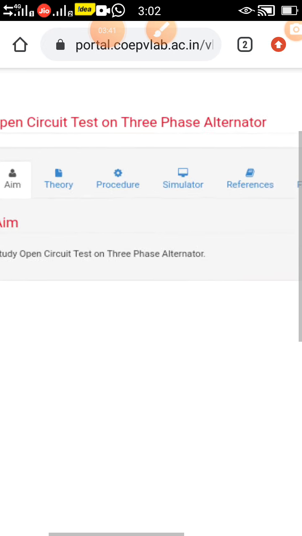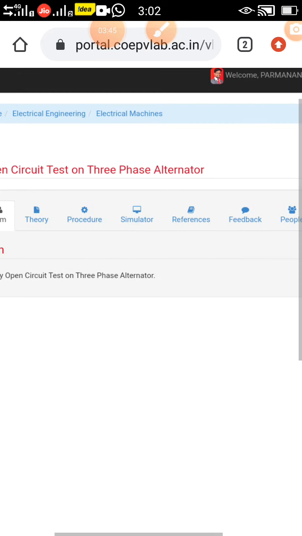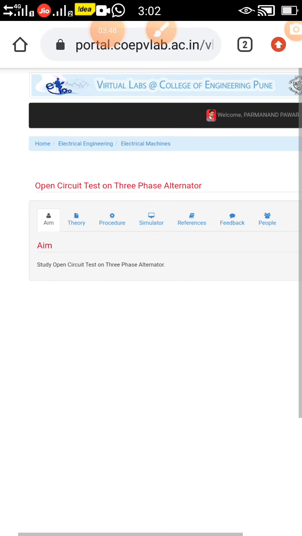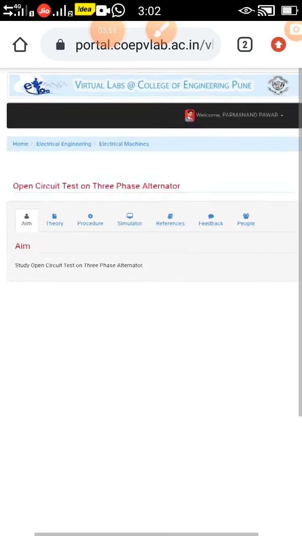Basically this is the procedure that we want to follow for performing experiments in the COEP virtual lab. So this is the link in which we get the open circuit test on a 3-phase alternator. This is the aim of your experiment, that is, to study the open circuit test on a 3-phase alternator.